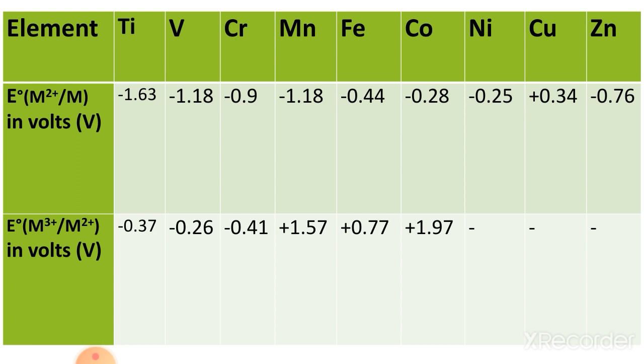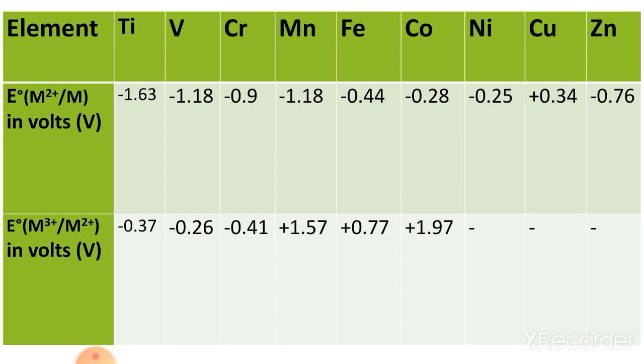The answer should be like this: the E naught value for hydrogen is 0. This I also told you in the electrochemistry chapter. And copper has a positive E naught value. So for this, the more negative the value of E naught Mn2+/Mn, the stronger the reducing agent, and the more positive the value of E naught, the more oxidizing the property. So here copper has a more positive value, so that's why it does not liberate H2 gas from acid.